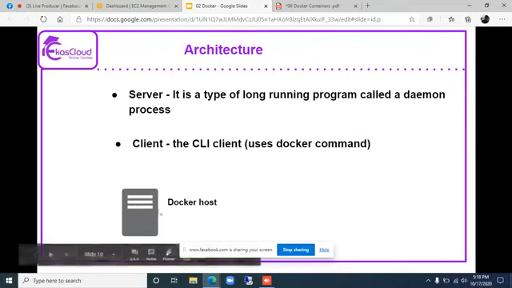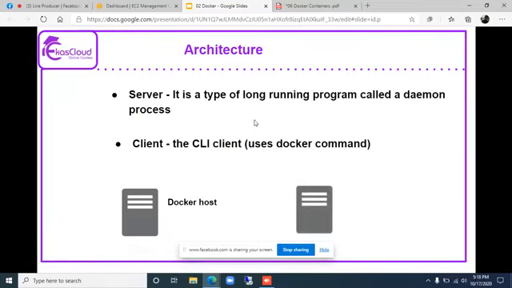It can be the same device or it can be a separate device. So the architecture of Docker is a server client architecture. It can be two devices or it can be one single device. The device where we install Docker engine is called Docker host.